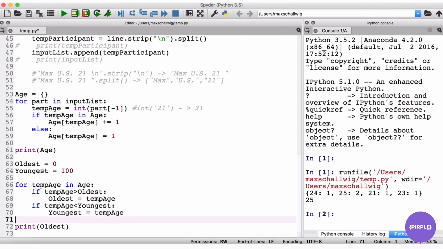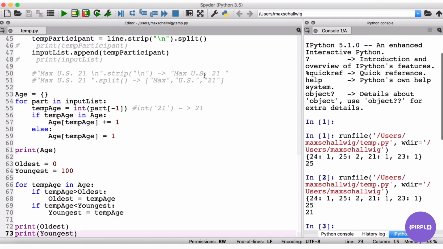Except if we define parameters first, like we did here. But generally, you can always add an else if statement if your parameters are one of the keys in this dictionary. But yeah, so let's just run this. Oh wait, we want to print the youngest in the very end. So print the youngest, or else we won't see anything. And here we go. So we see the oldest age is 25, and we also see that the youngest age